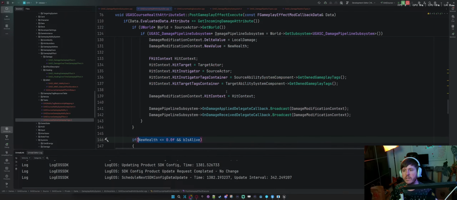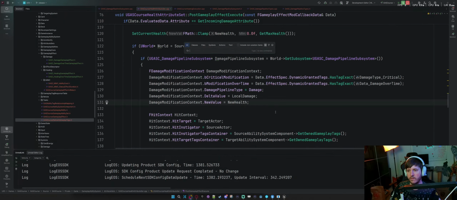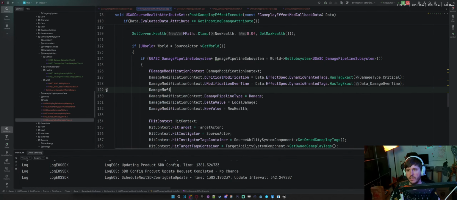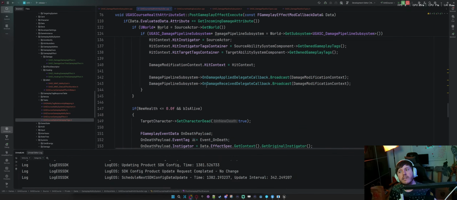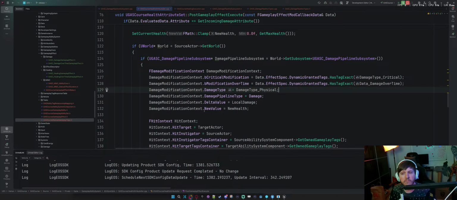Just have to do this as well. Where, let's say, damage modification context. Maybe there has to be a separate modification context, like a healing modification context and then a damage modification context. Maybe.